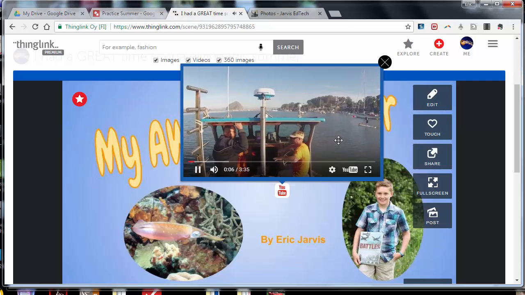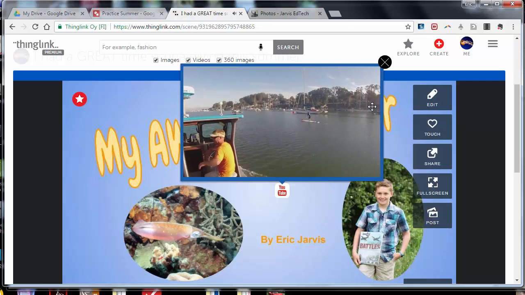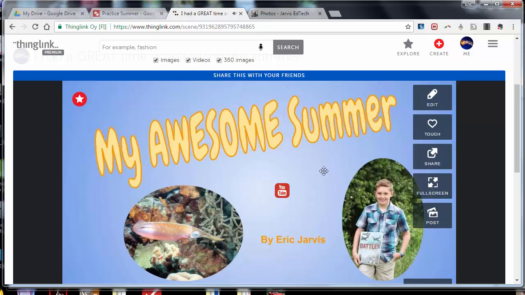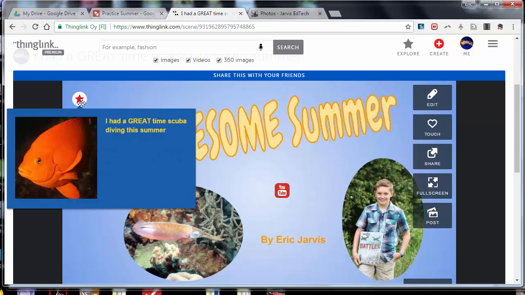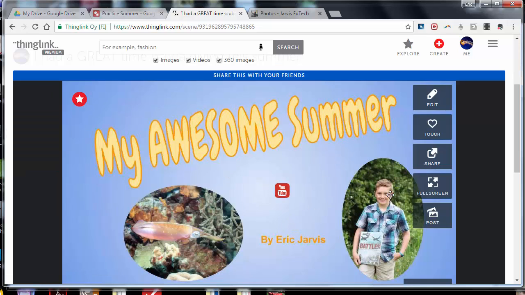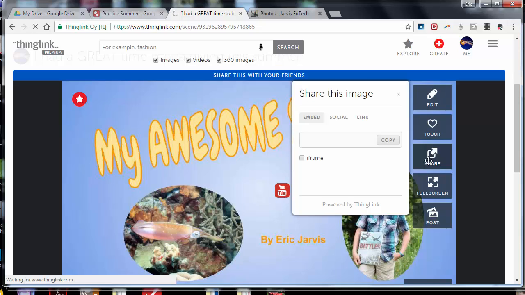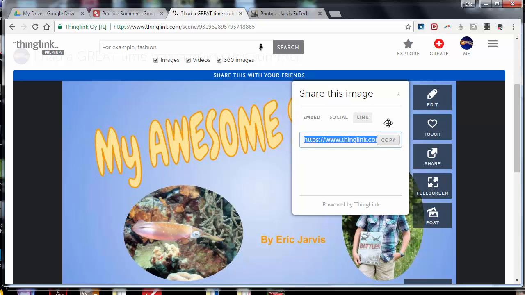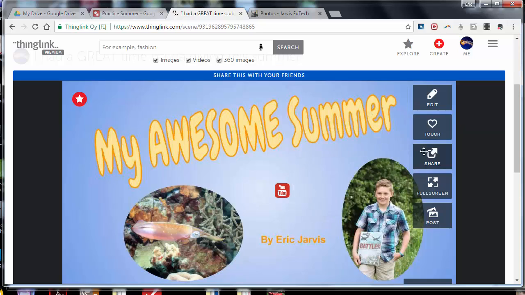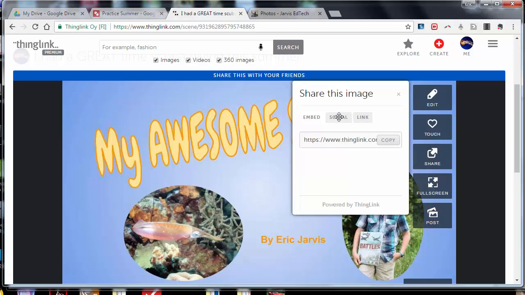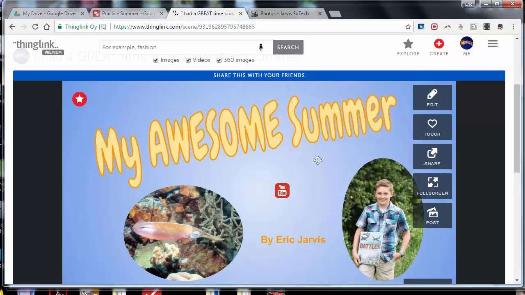So you have an infographic background, and click on the X to stop it, and with hyperlinks, things that pop out. So the whole thing looks great. If you want them to share it, they can share. Usually what I do is I have them copy the link. Once again, I click share and it defaulted to embed. Just copy the link,